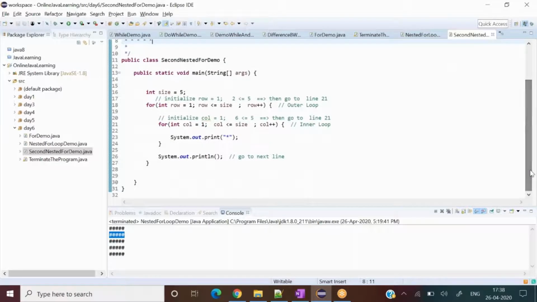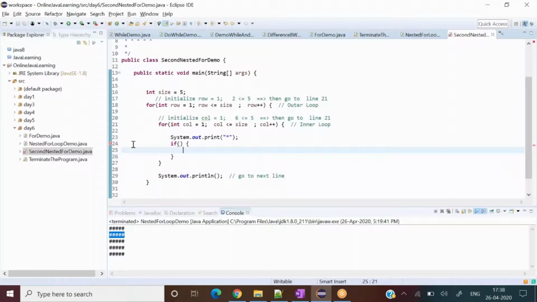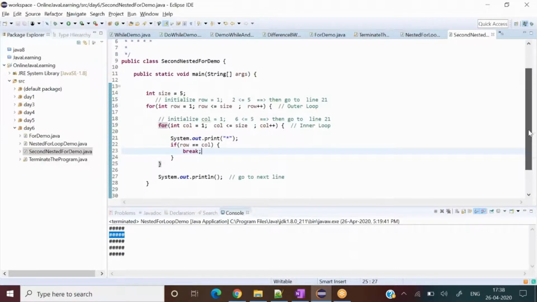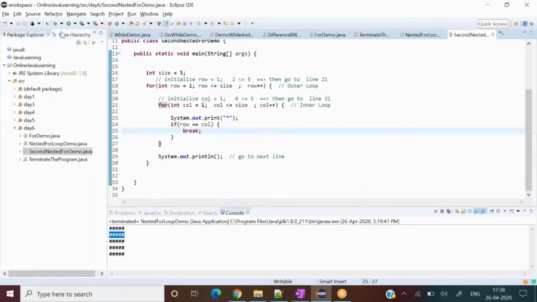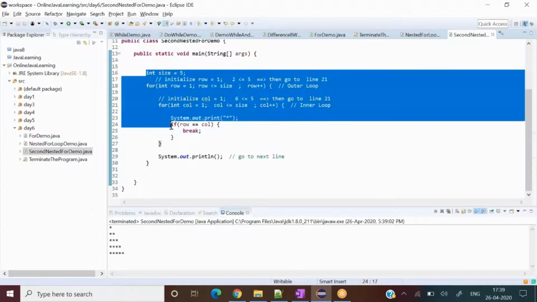So I just introduce one line here, and everything will become possible. We will discuss the logic later on, as I have done this many times, so the logic is clear to me. I will just write one line over here, row equal to column, and then I have to introduce you to the break statement. I will explain it to you. Let me run it so that I can make sure the program is running fine, then I'll explain this particular thing. See, this pyramid has been printed now, correct? Right. So how the logic is working, let's discuss the logic outside, and then we will come again over here.